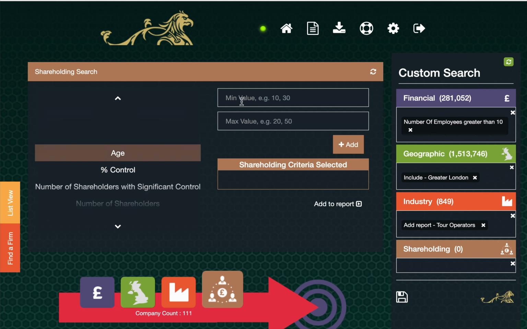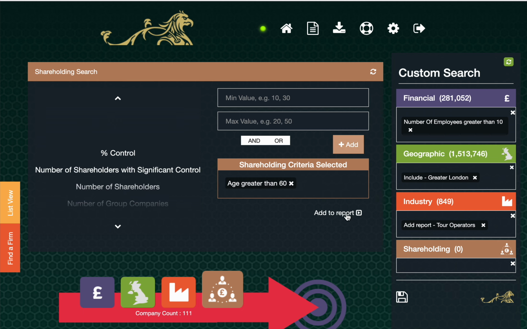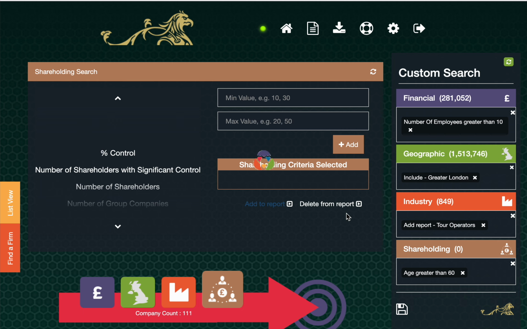So I'm going to pick main shareholders at least 60 years old, and the thinking is that people in their 60s are more likely to be considering succession than people who are younger. So I could then choose to write to these companies. If I save this group, I will create a report which analyzes just exactly those companies, those 20 companies there,